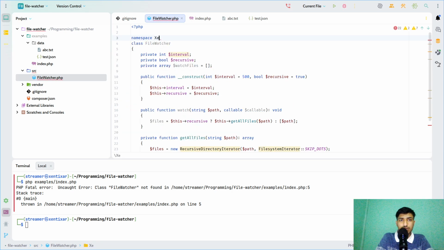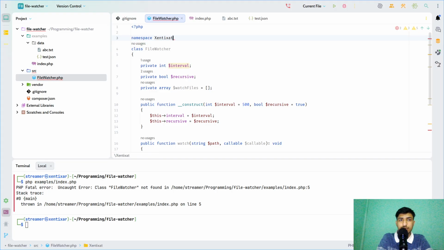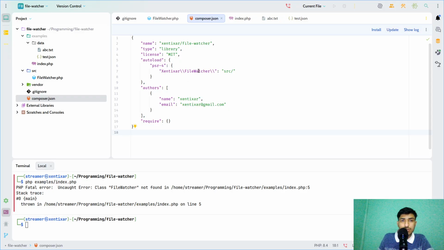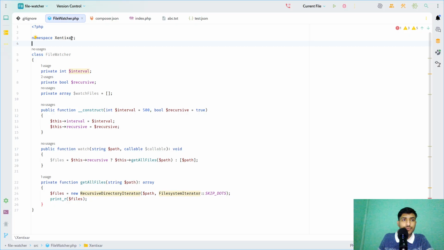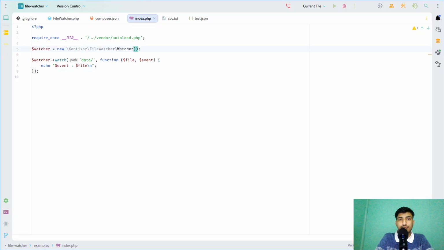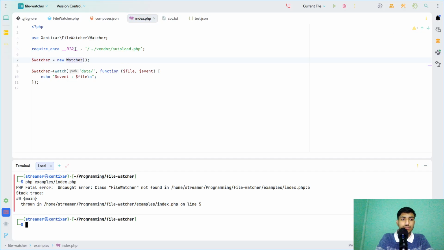I'll just modify this and name it the watcher. I'll just update this file to use watcher, something like this, right? So now if I try to run,